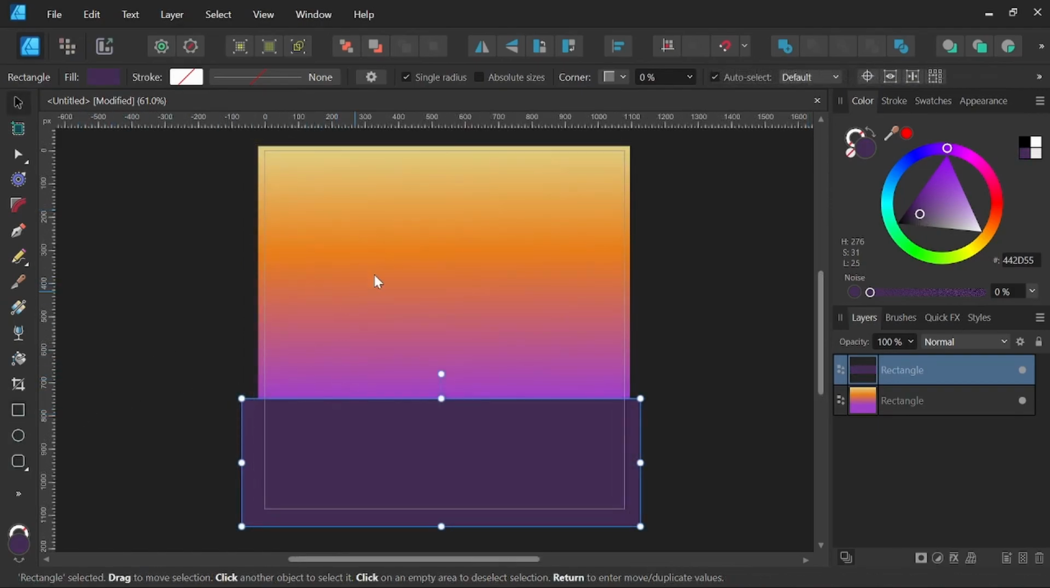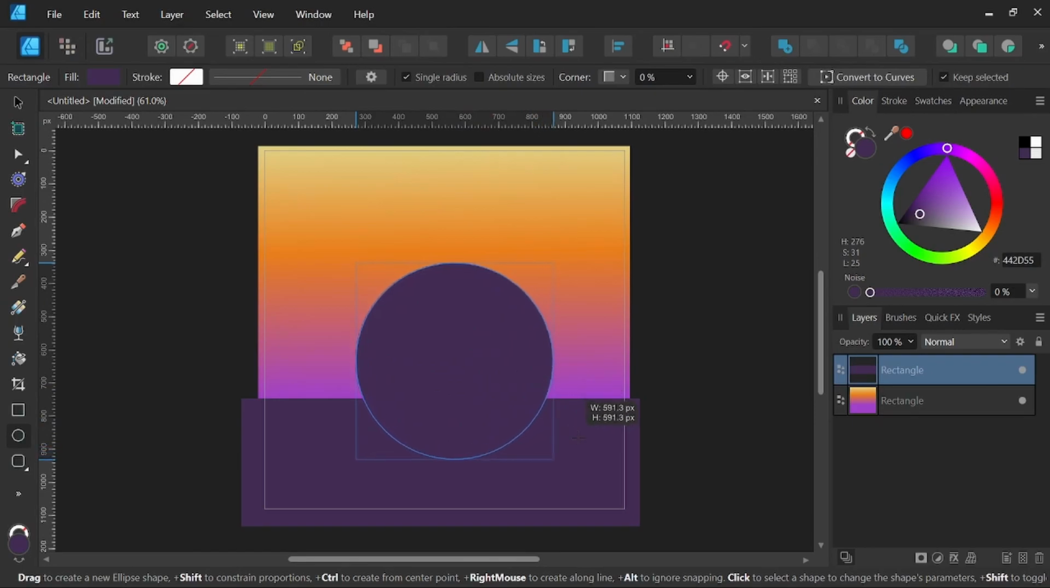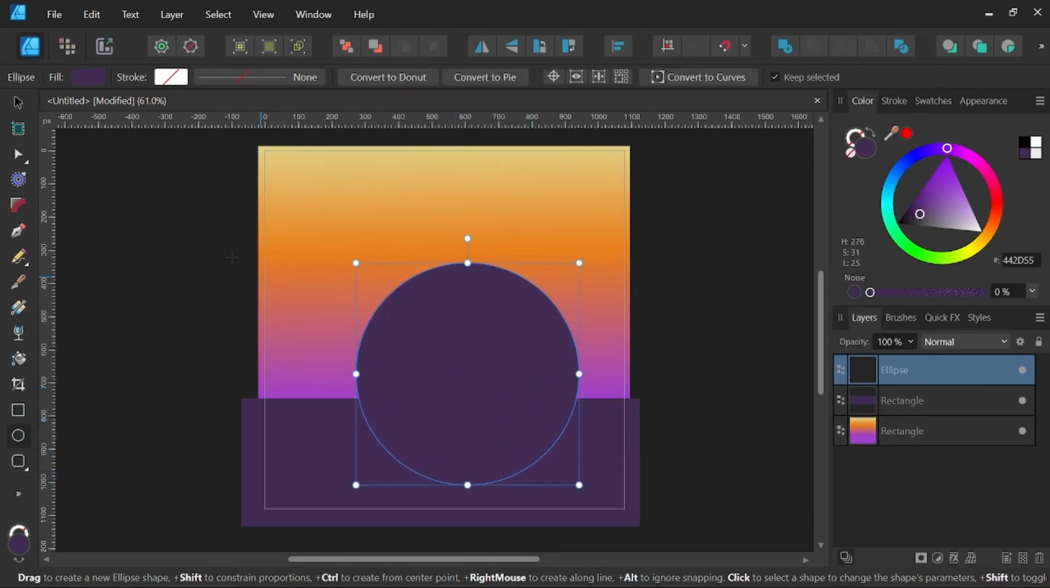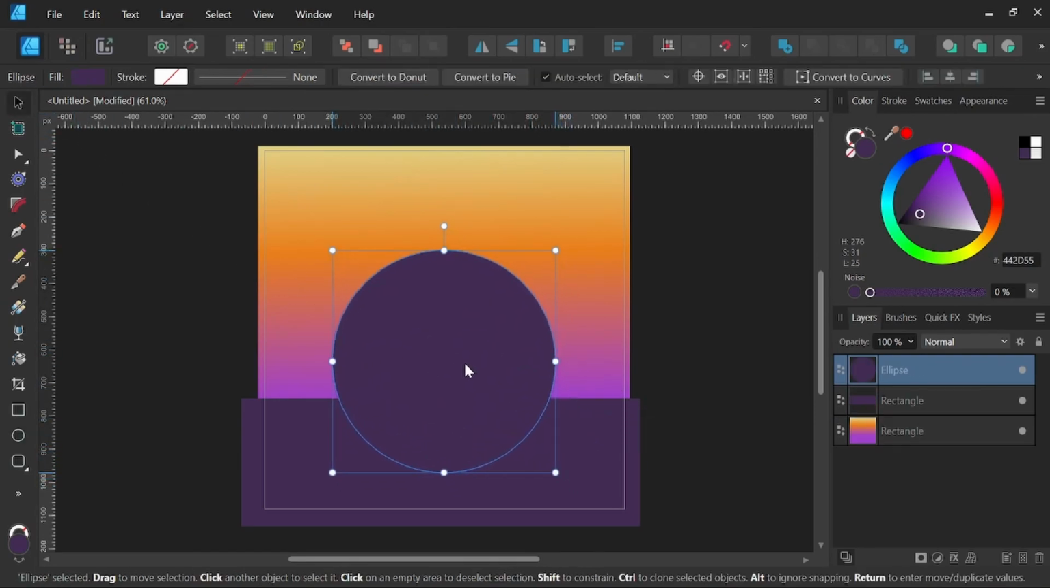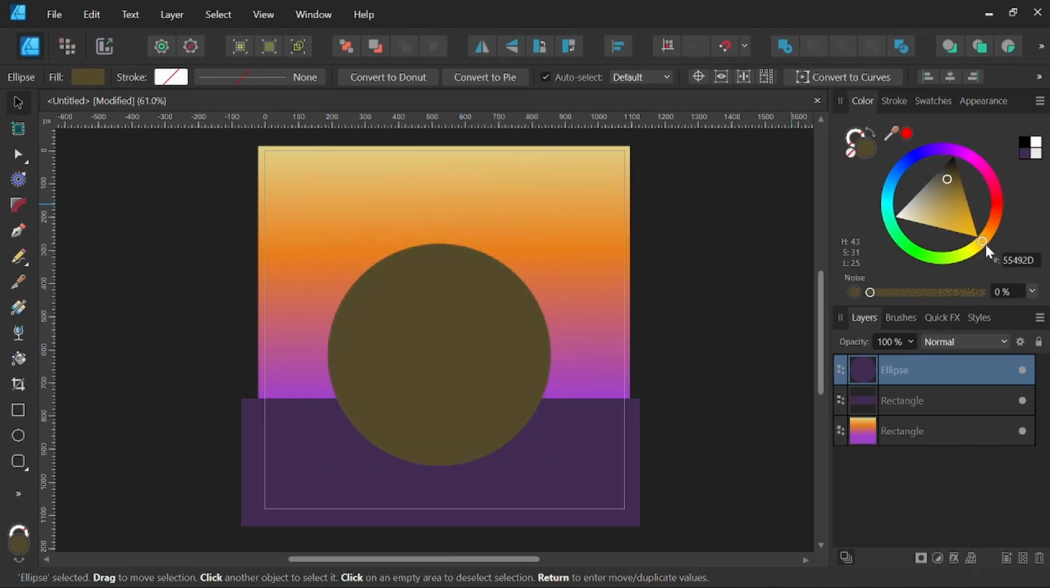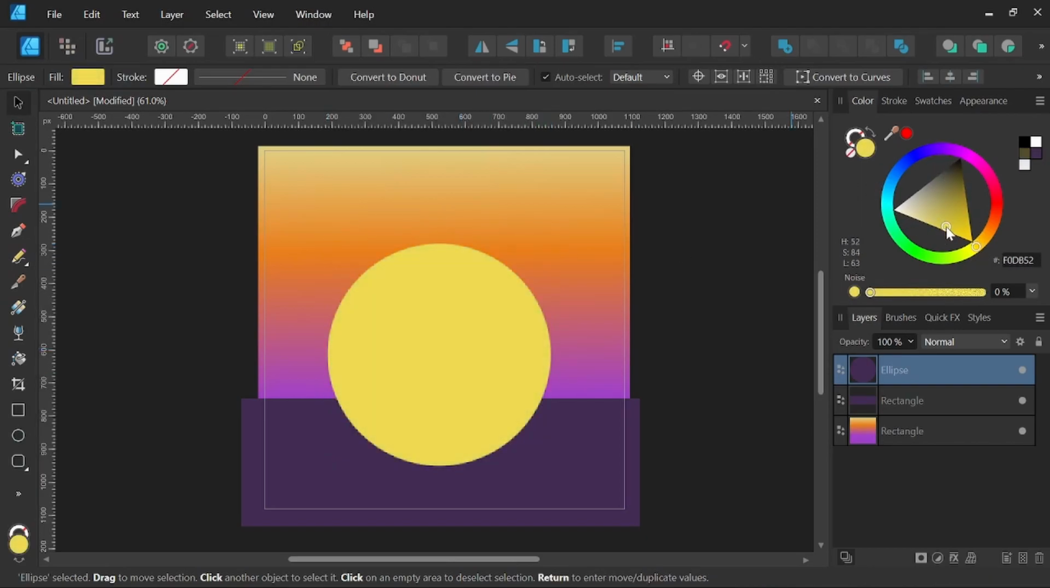Now our next step, I want to go ahead and create the sun. Let's get the main shape in here. So I'm going to come over to our ellipse tool, and holding shift I will click and drag, create a nice large circle. I want to take up a good portion of our space here. Now I will come over and I want to change this color to a nice bright yellow,